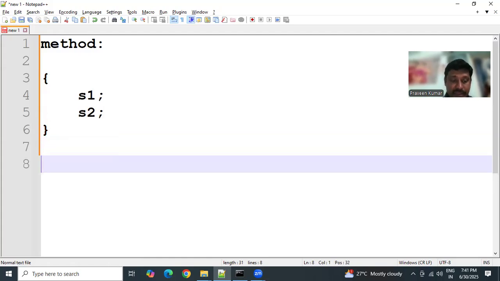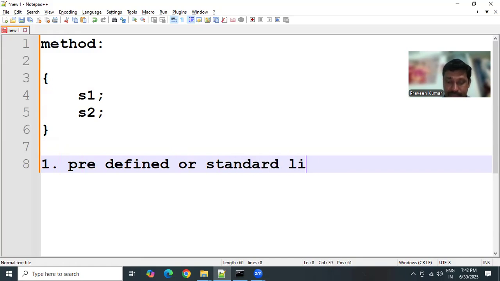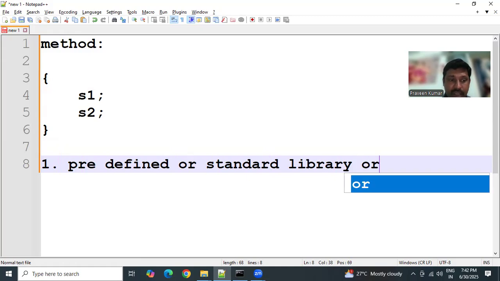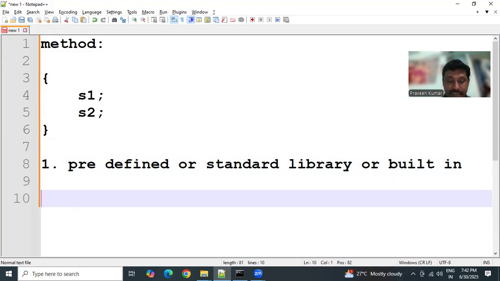We have two types of methods. The first one is predefined methods, or we can also call it a standard library method or built-in methods. Predefined methods are the methods which are available to the user along with the software. When we install the software in our system, at that time, some set of methods will be available which are called predefined methods. For example,